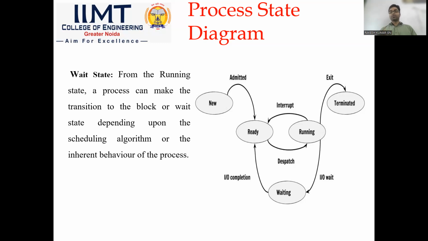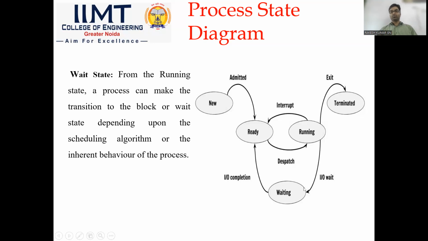Suppose a process is in the running state and it has all types of resources, but at that time it wants some IO. So it directly moves from running state to wait state,